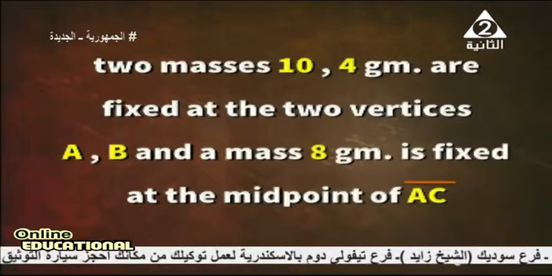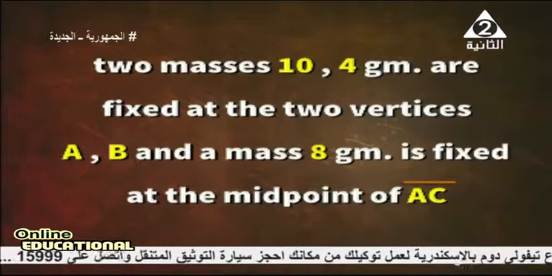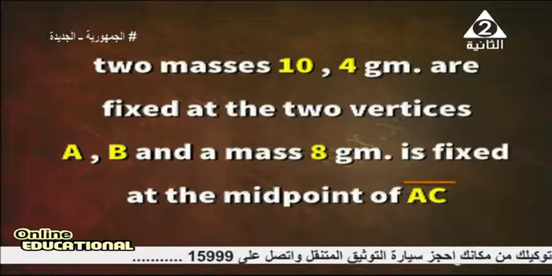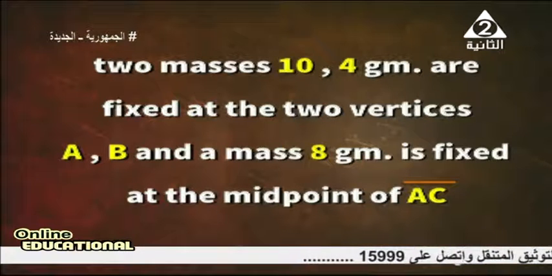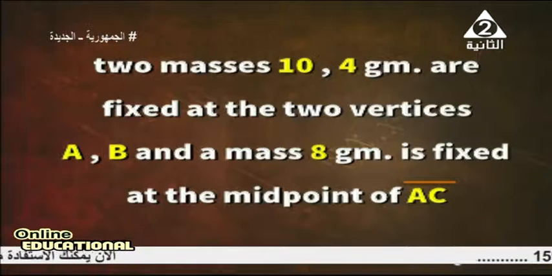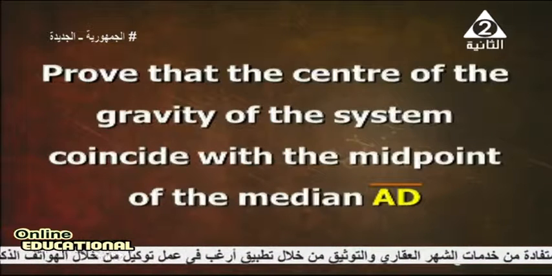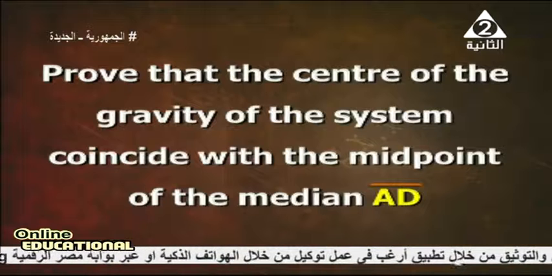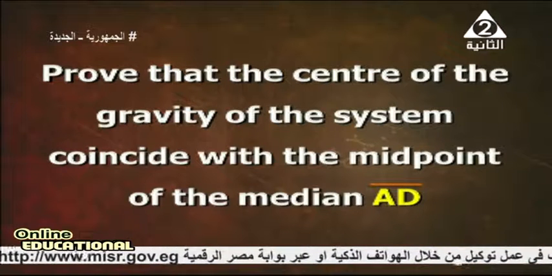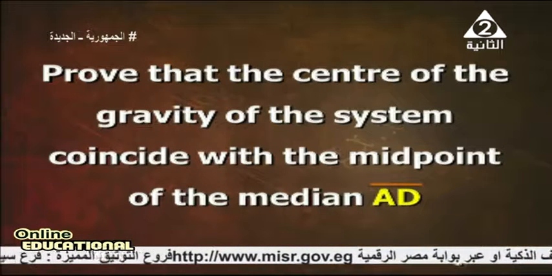Two masses of 10 and 4 grams are fixed at two vertices A and B, and a mass of 8 grams is fixed at the midpoint of AC. Prove that the center of gravity of the system coincides with the midpoint of median AD. This example